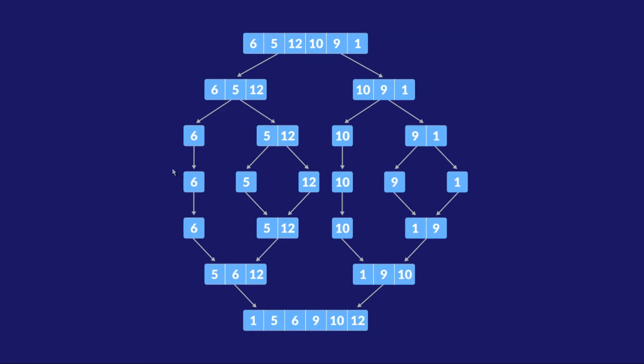So now if you look at this level, the fourth level, the first level would be the original array, this is the second level, the third level, and the fourth level. In the fourth level, you see that all the elements are separated into individual groups. And now here is the magic of merge sort.